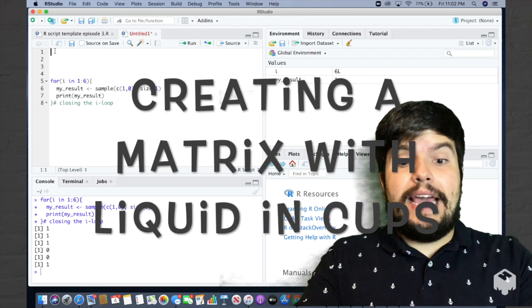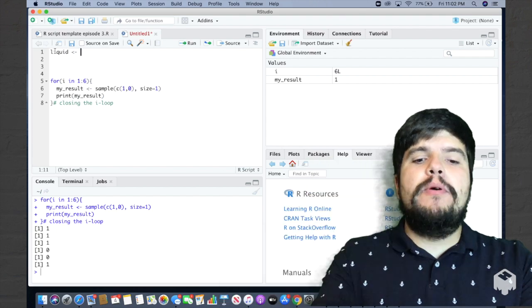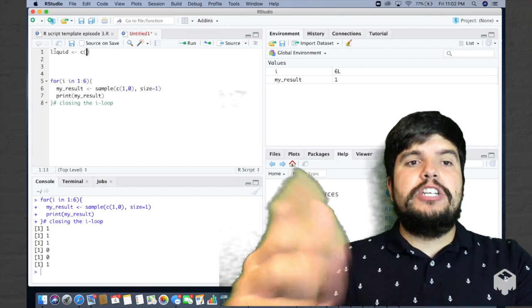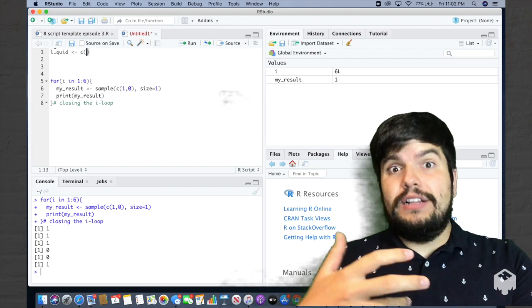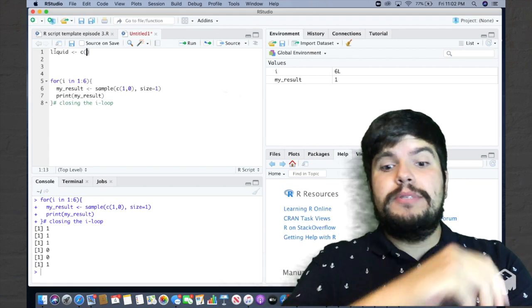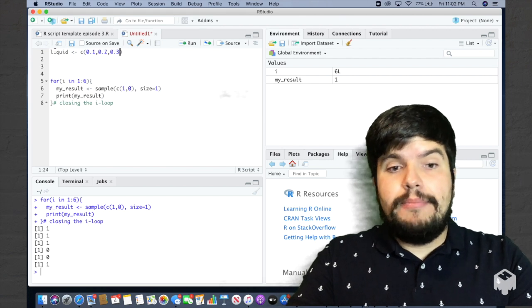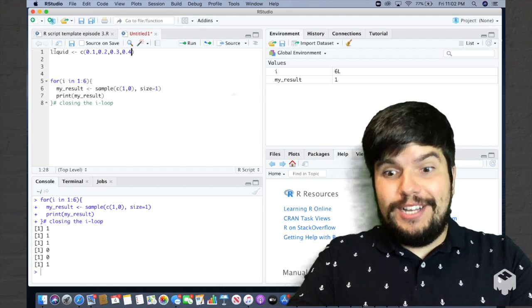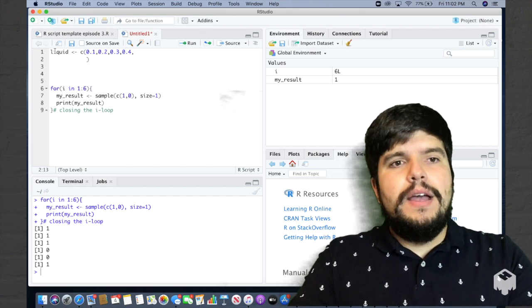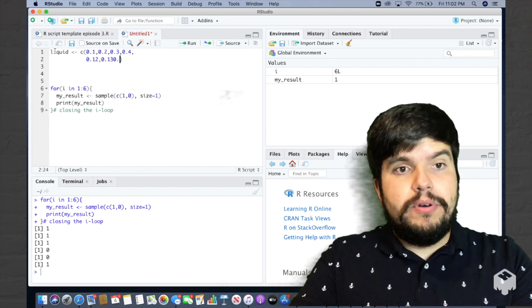top of this code, I'm going to say liquid. I'm going to create a new object called liquid, reverse arrow, and c, my function that creates a vector. And in this vector, I'm going to provide 16 different numbers that represent the volume of liquid in my 16 cups. 0.1, comma, 0.2, comma, 0.3, comma, 0.4, first row of my cups, comma, 0.12, 0.13,